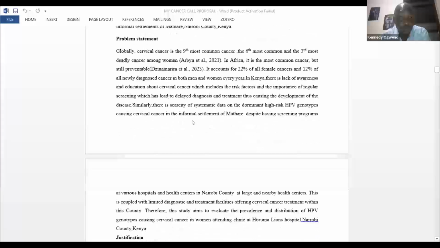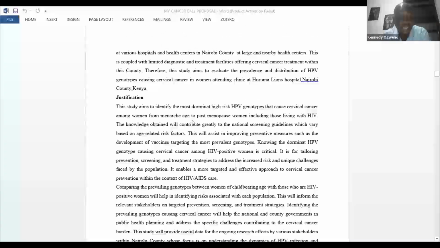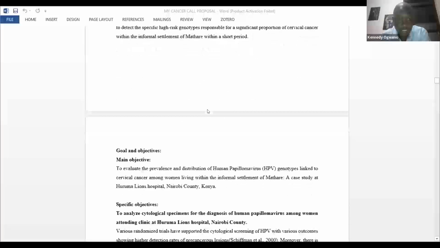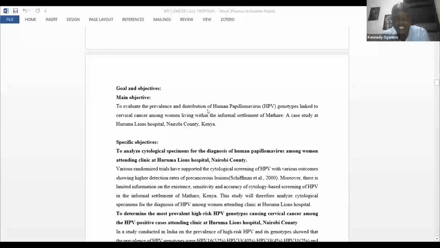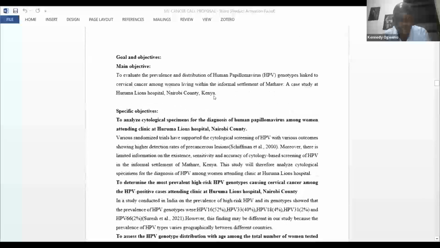So you problematize the problem and you justify. You must explain to your funder why you want to do this study. After problematizing, stating your problems, you must explain to your funder why you want to do this study, okay? So this is just a structure. So we talked about the general and the specific objectives, okay?